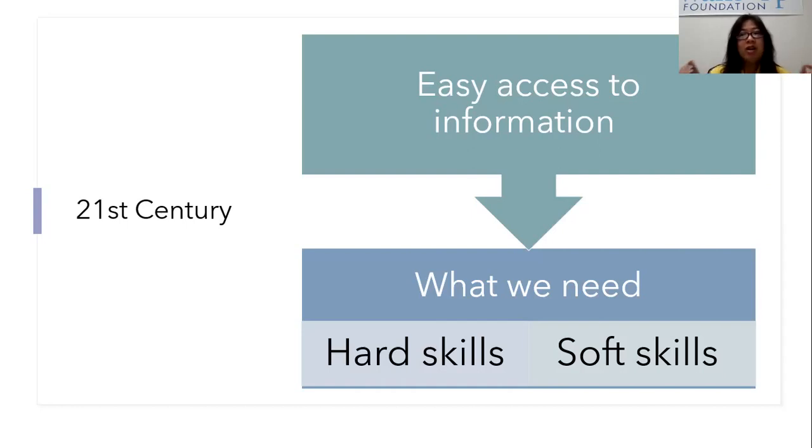So in the 21st century, information is not as valuable, but it's still important to get an education. But not just any education, it has to be the right education. In the 21st century, we still need knowledge, but we need two things: hard skill and soft skill. I will share with you what those are. Right now, a lot of people have a bachelor's and master's degree, but they are still unemployed. Because today, it's not only about information, it's also about soft skill.